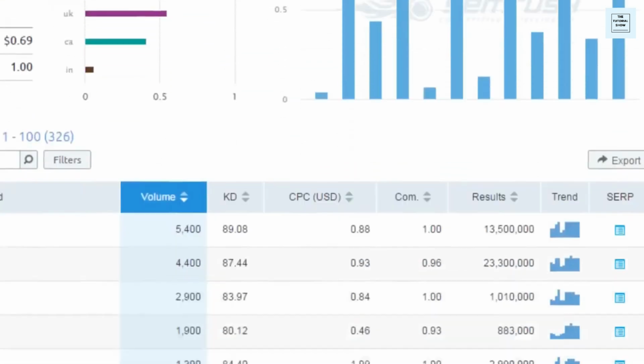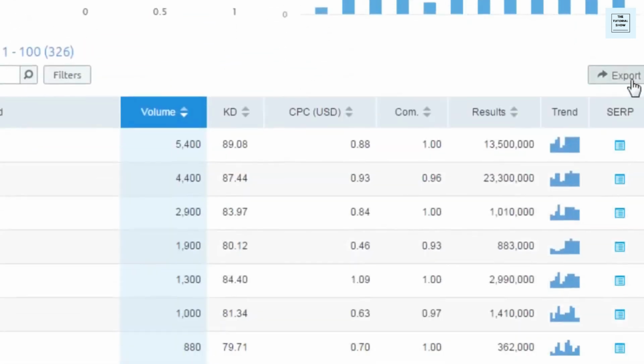So what you can do here is you can actually export this list, and then you'll be able to sort through, pull out any keywords that you don't want to use, are not relevant, don't have buyer intent, and you can also filter out the ones that have too high of keyword difficulty so that you can target some of the better keywords. Then you can also look for keywords that you can group together, and you can look for keyword variations that you can use in one piece of content.